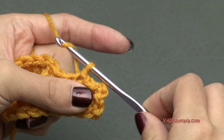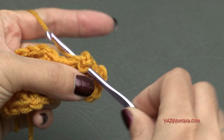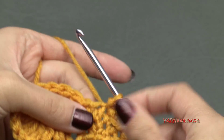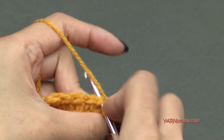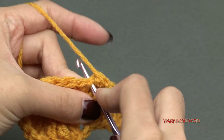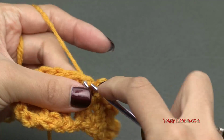And then we're going to do our picot. So chain 2, 1, 2, and go back in for a slip stitch. Yarn over, pull through, and through. Then slip stitch into the next stitch and the next stitch, so the next 2 stitches, and then make your picot. So chain 2, slip stitch back into that same stitch, then slip stitch into the next 2 stitches, and